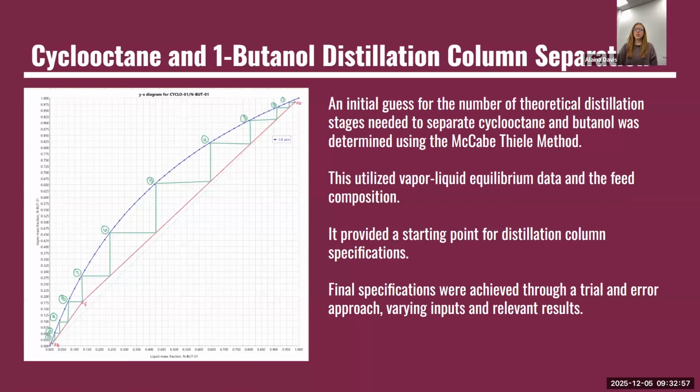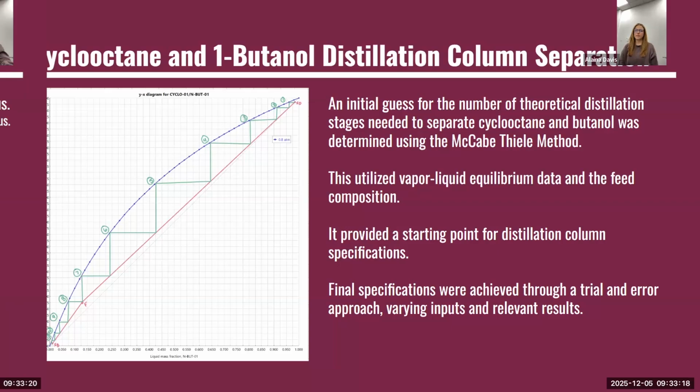For the separation of cyclooctane and butanol in our distillation columns, we use the McCabe-Thiele method to estimate the number of theoretical stages required based on vapor-liquid equilibrium data and the feed composition. This produced a reasonable starting point for the column design. From there, we iterated through several trial and error adjustments in Aspen until we reached the column specification that met